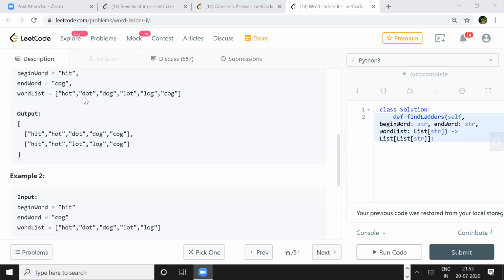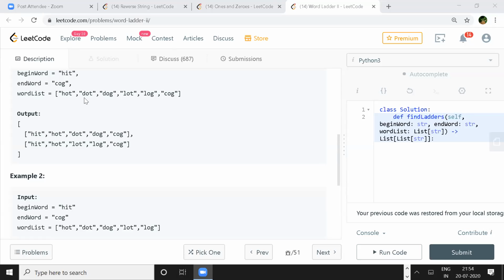So can't we do one thing, like we club all those words which are found by changing one character? Like hot and dot will be in one packet, and dog and cog will be in one packet, because by changing one letter you can get from one to the other. And once you have found one path, just do the permutation of it. Those many such paths you can get.